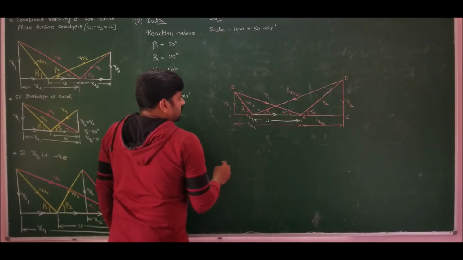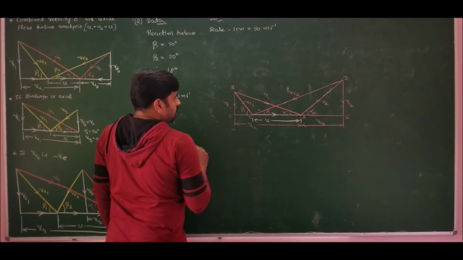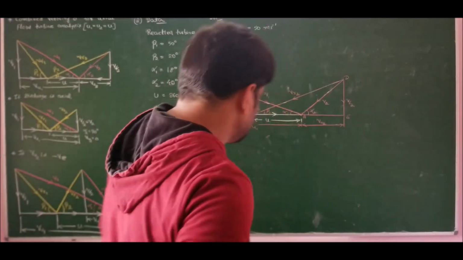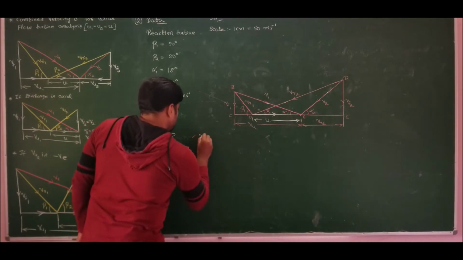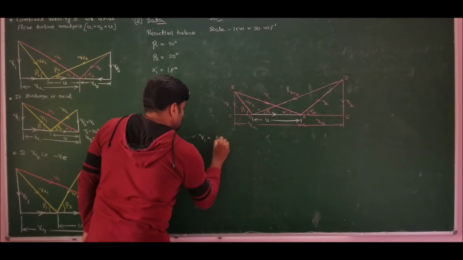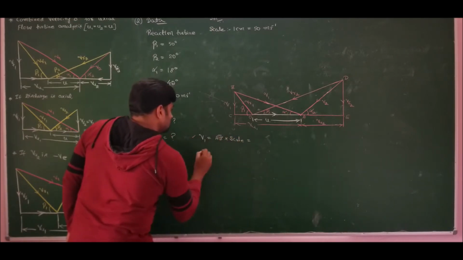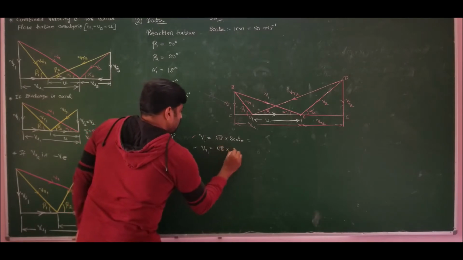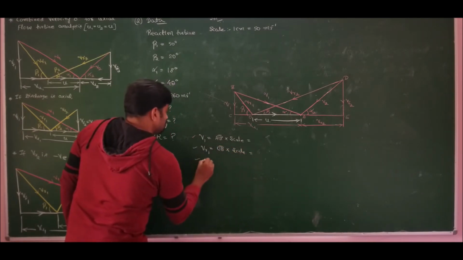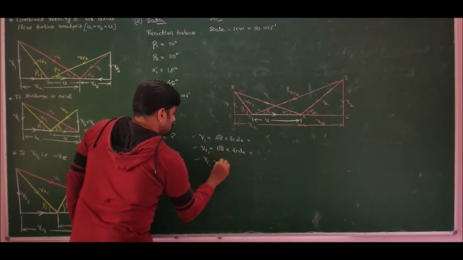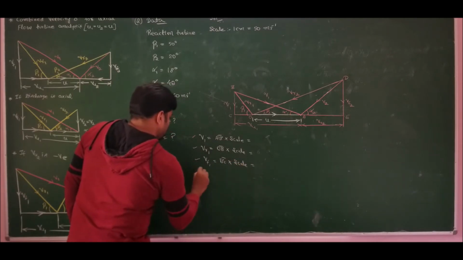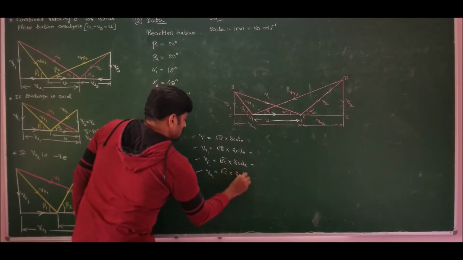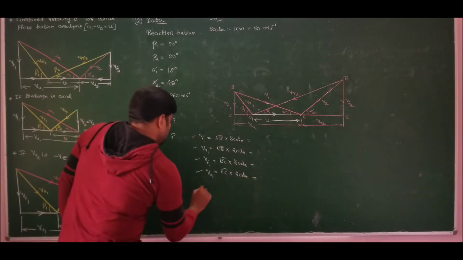Now if I calculate all the values of these velocities, we have V1 equal to line length AB into scale, then VR1 equal to line length OB into scale, then VF1 equal to line length BC into scale, and we have VU1 which is equal to line length AC into scale. So similarly we have VR2